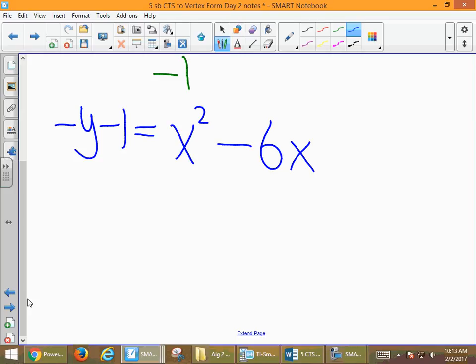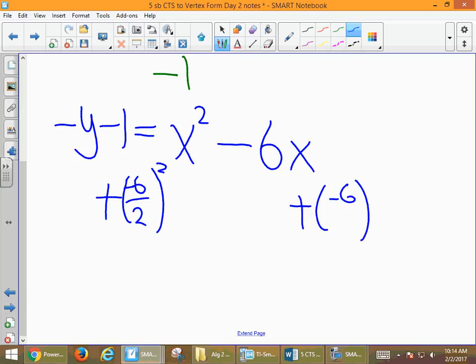And so now, our next step during completing the square, what should we do? Jordan? B divided by 2 squared. So we want to add b over 2 squared to both sides. And what is our b for this quadratic? Negative 6. Exactly. So we have negative 6 over 2 squared and negative 6 over 2